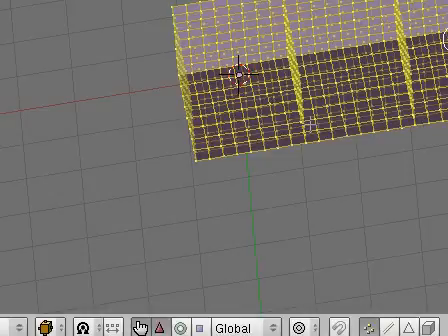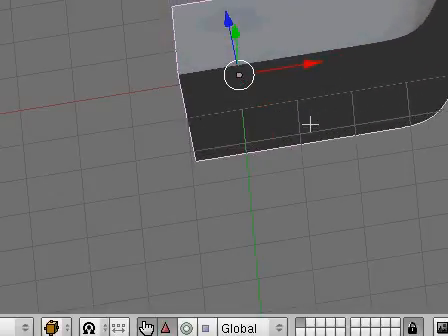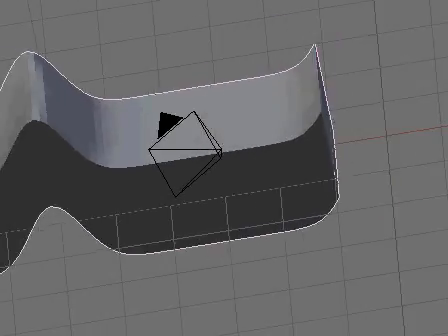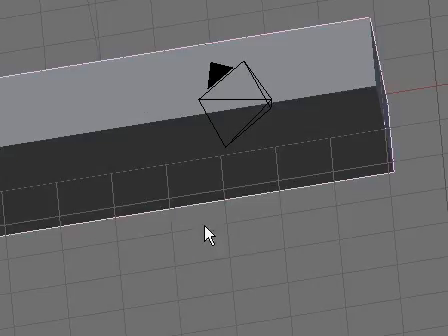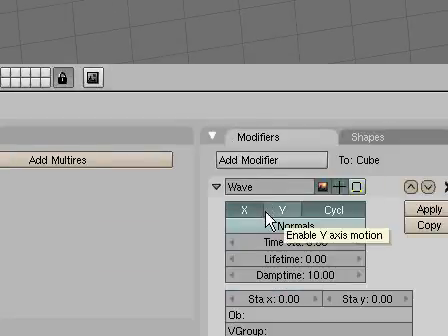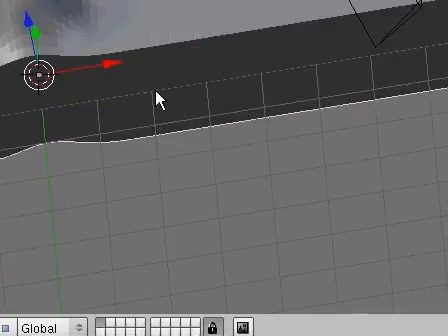Maybe try subdividing that one more time. Just make it look a little bit better. And then we'll have our wave go off. So this would be perfect if you're trying to do a kind of beach or trying to animate some water or such. You can just use this wave modifier and it will simply give you this kind of wave in whatever